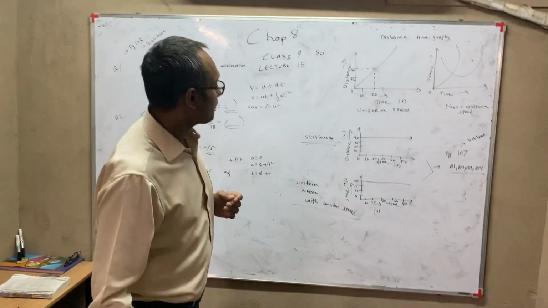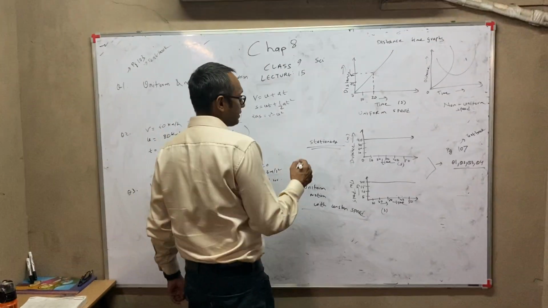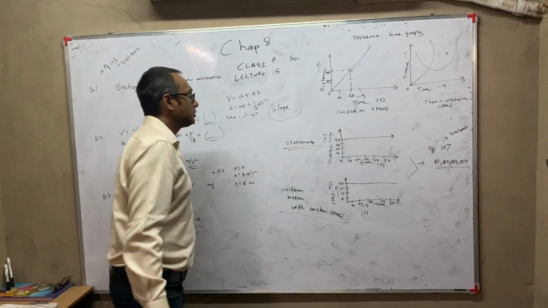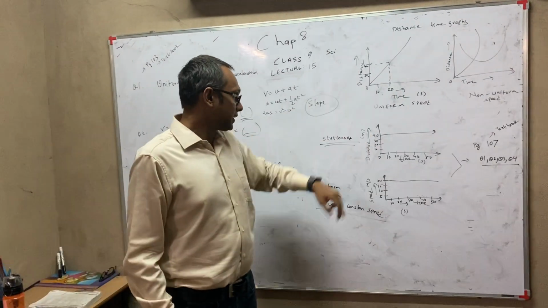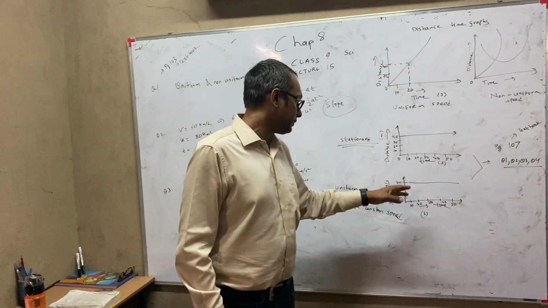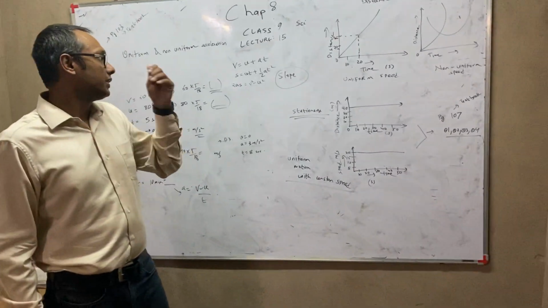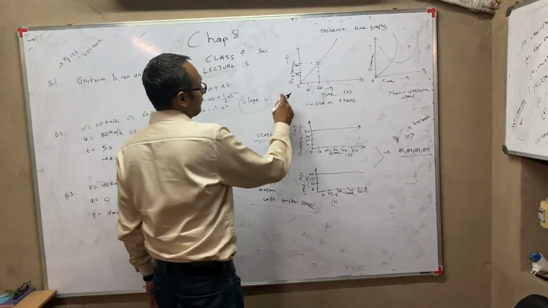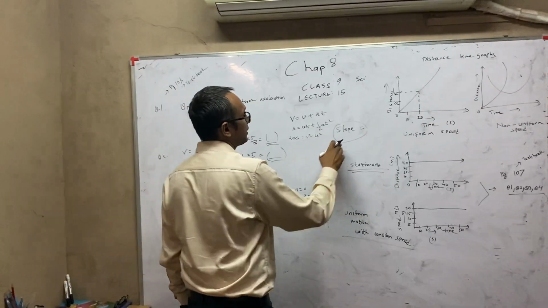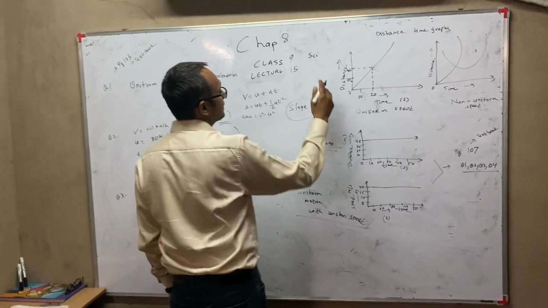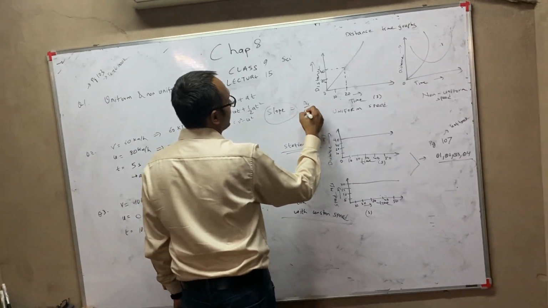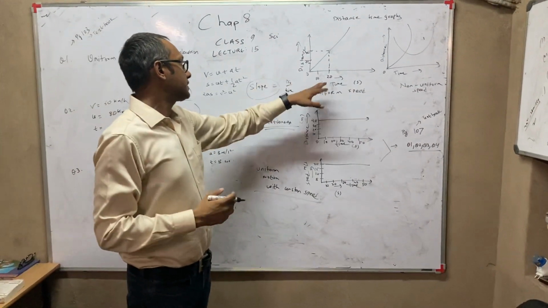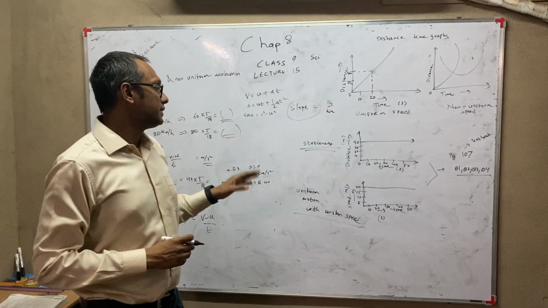Now sometimes they will mention a word known as slope. They will ask you what is the slope of a distance time graph, or what is the slope of a speed time or a velocity time graph. Whenever this kind of question comes, just remember one thing, whatever graph it is. For example, they ask you what is the slope of a distance time graph. So distance upon time. Distance upon time is what? Speed. So the slope of a distance time graph will give you speed.